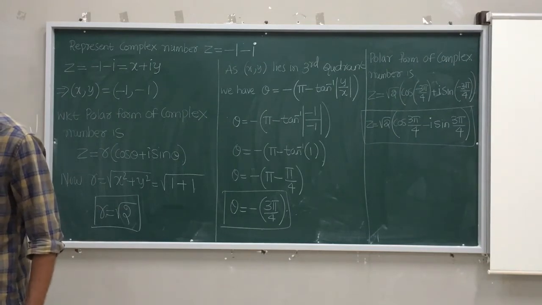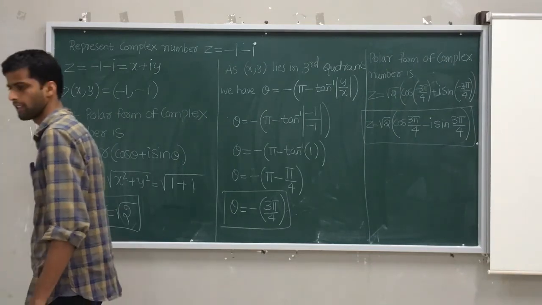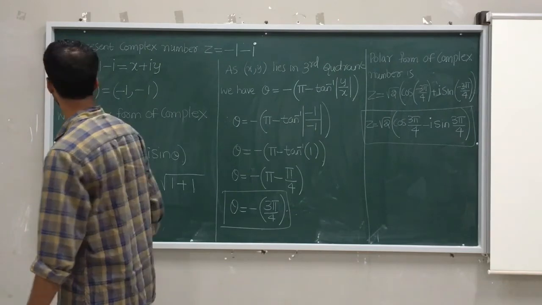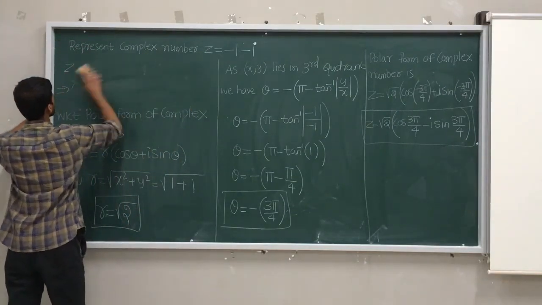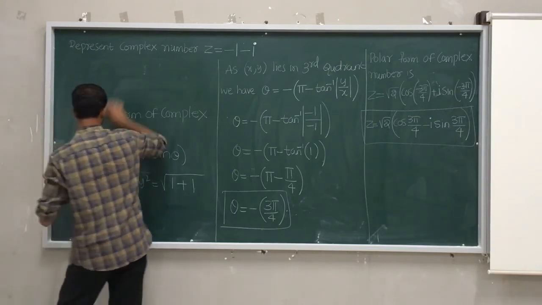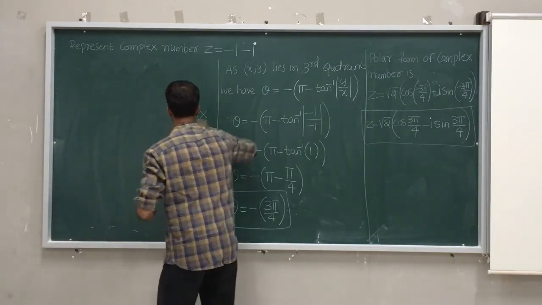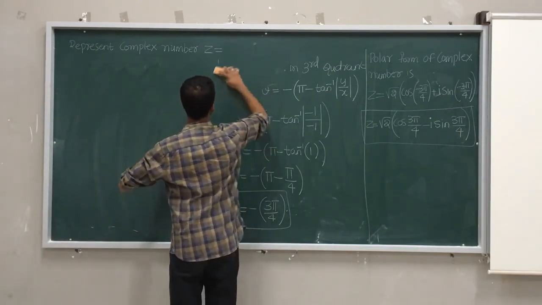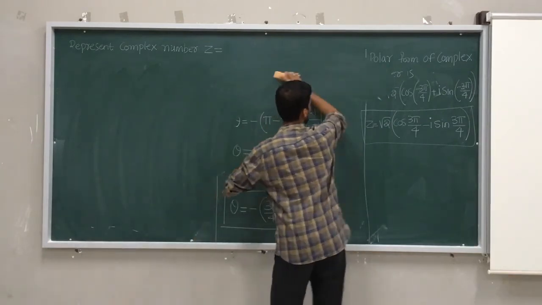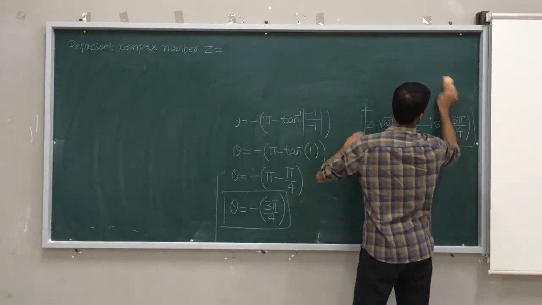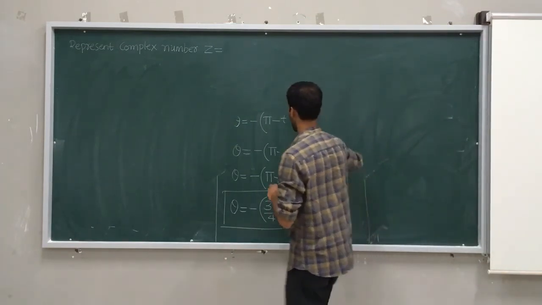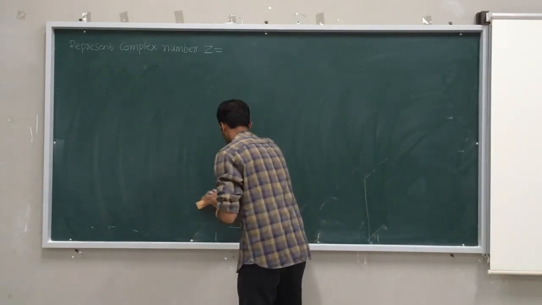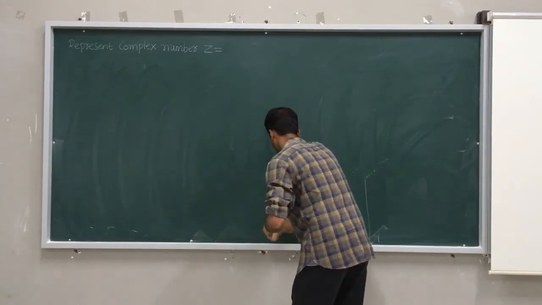So I'll take one last question, okay? And let me wind up the session. Hope you enjoyed and understood the polar form of complex numbers. Recently they have removed it from the syllabus, okay? So we'll take one more problem like this. That's all, just take care of the exercise and this.